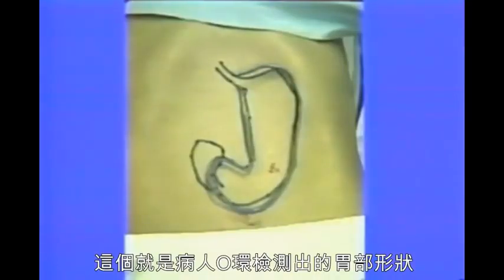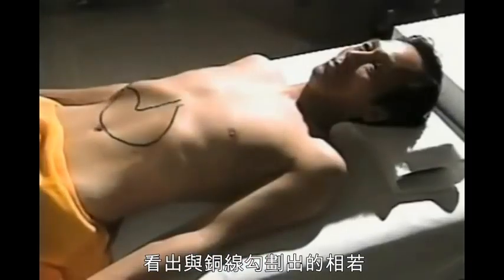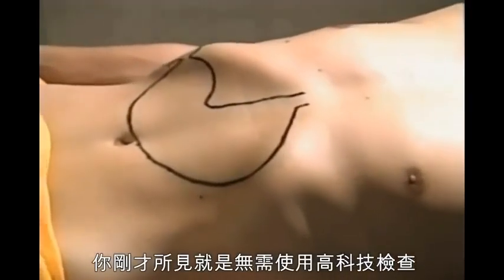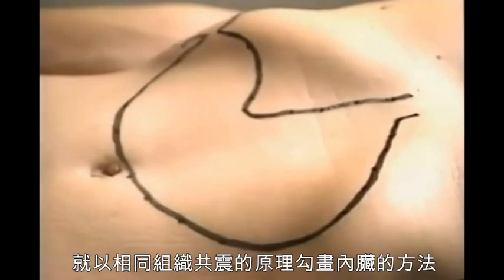This is a patient's stomach that was mapped out using the O-ring test. A piece of copper wire is placed along the outline of the mapped stomach. This is the X-ray of that patient's stomach as we just saw it. It's hard to see if you're not a specialist, but apparently the metal wire is in just about the same position as the stomach shown on the X-ray film. What you have just seen demonstrated was the application of resonance phenomena between two identical substances to map internal organs